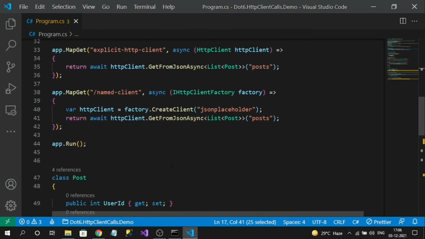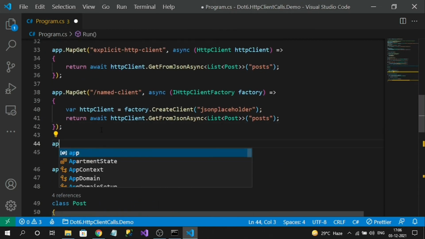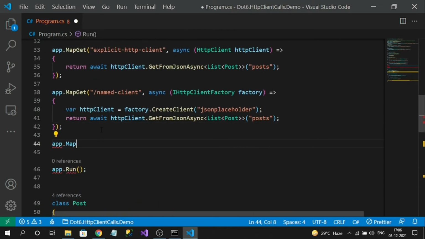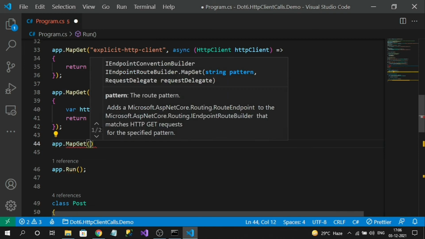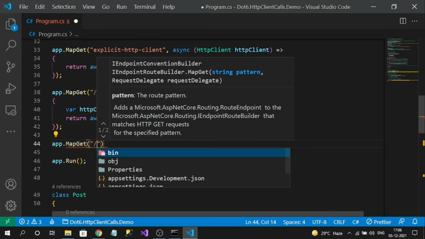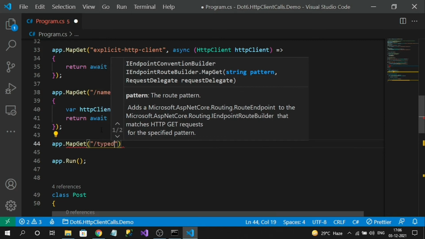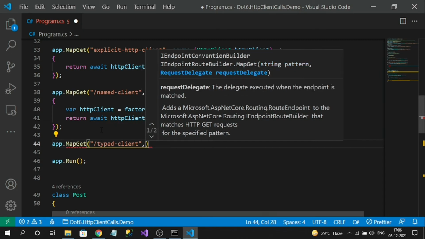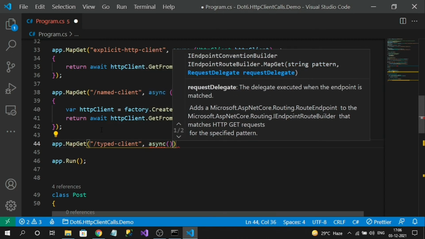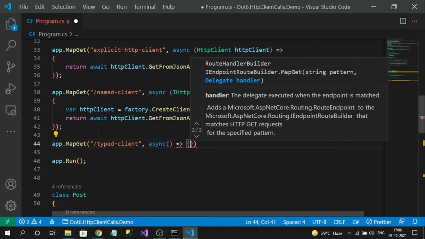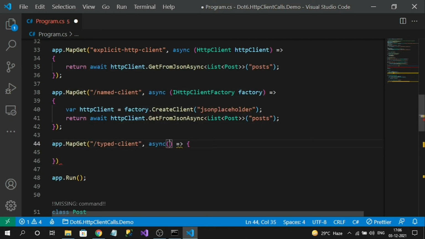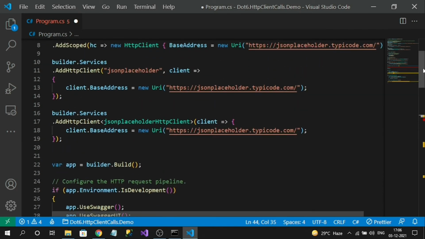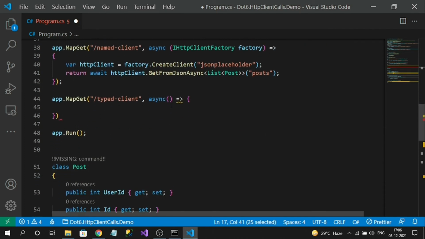Let's create an endpoint, and name it typed client, and it will be an asynchronous call. Here I can inject my JSON placeholder client as an input parameter. The framework will inject it automatically.